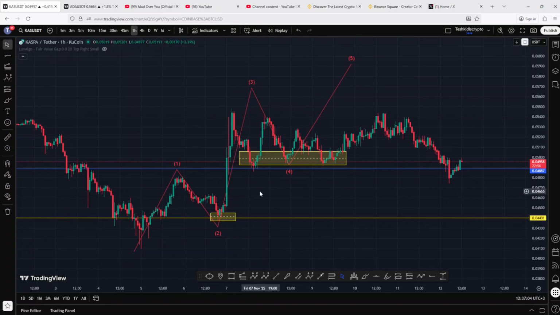And starting the video here on the 1 hour chart, from the lows we made on the 5th of November, I have been observing this 5-wave structure to the upside, terming that initial bounce as the formation of that wave 1. Then we saw a pullback in the formation of that second wave, a bounce in this wave 3, fully maximizing our minimum target areas. And after we peaked in the formation of that wave, I have been expecting a bit of a short-term pullback